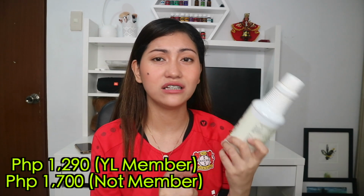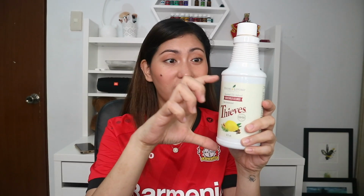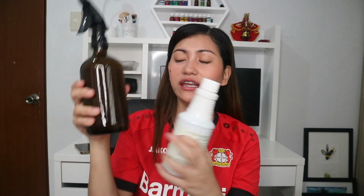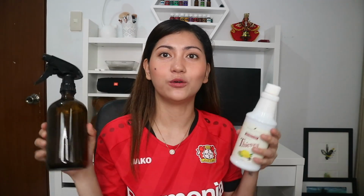And I thought mahal siya for a cleaner kasi above 1,000. But kung check nyo siya, hindi pa siya nakalahati. So, it's really tipid. For me, it's really tipid. All I need is this 1 cup full. 1 cup full lang para dito. And then, I also add 2 drops of lemon essential oils. And guys, ito na yung ginagamit ko to clean the tiles, to clean my workstation, yung kitchen, yung toilet, even